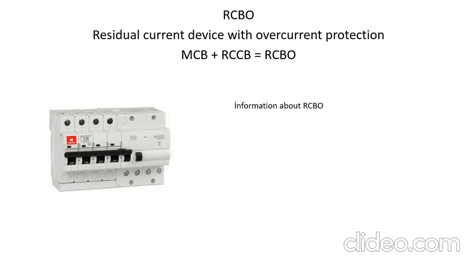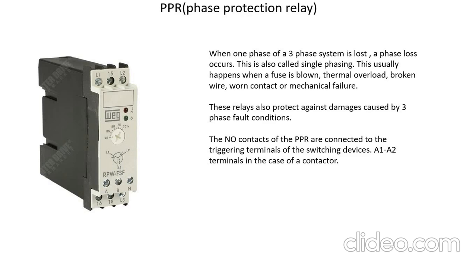This is a combination of an MCB and RCCB. That's a residual device with overcurrent protection. So for overcurrent, we know that we use MCBs. RCCB is for residual current, and they somehow just manage to combine it into one device. And then one of the most important devices used in the industry are the phase protection relays. So phase protection relays just protect from single phasing. So single phasing is a scenario where one of the phases